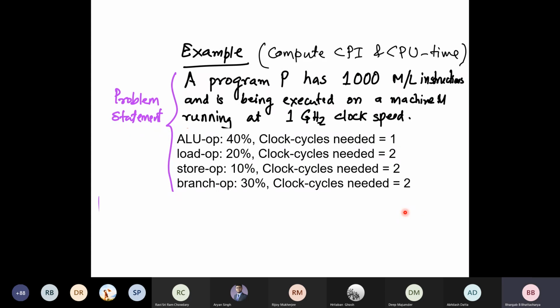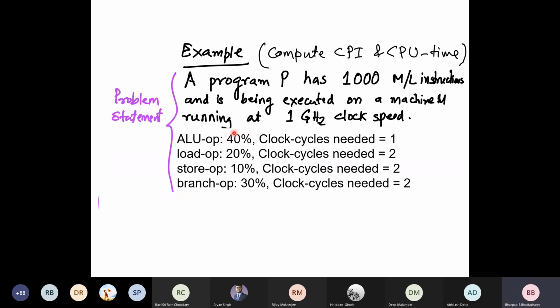So there is a problem statement to look into this. You have a program P and it has 1000 machine level instructions. And it is being executed on a machine M running at 1 gigahertz clock speed. And as you see here, this program P comprises some ALU operation, some load operation, some store operation, some branch operation. And there are 40% ALU operation